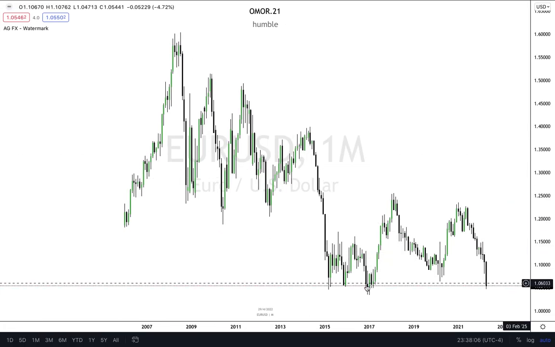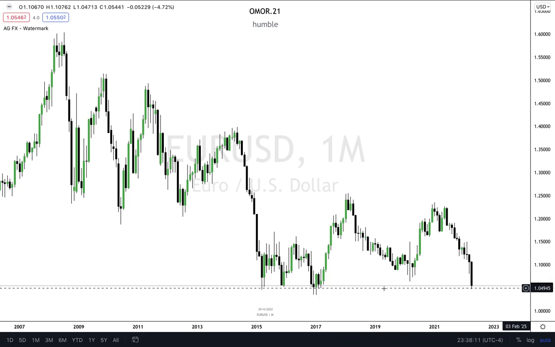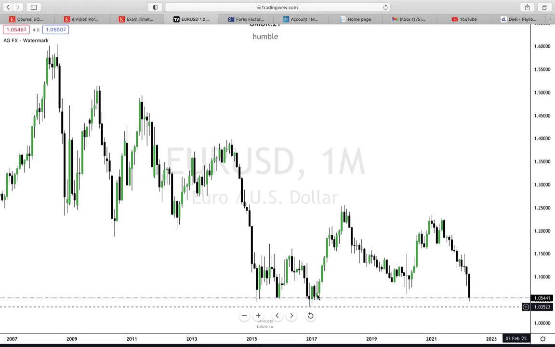So these are all-time lows for the euro. This low taken out, we traded into the rejection block. This low, in my opinion, is in sight